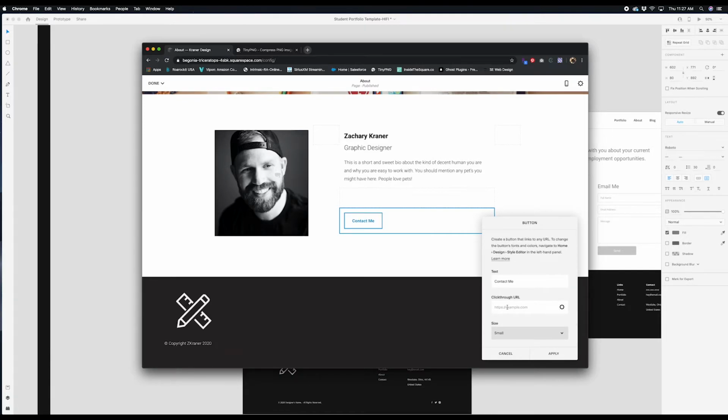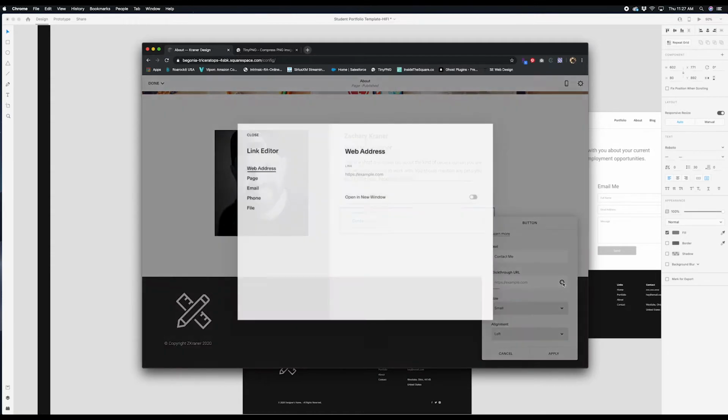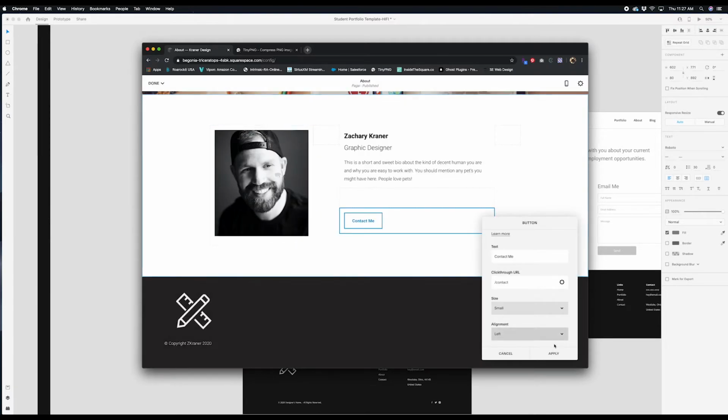And this is where you want it to actually do something. So the click through URL. So I click the gear, and you can do a web address, page, email, phone, file. We're going to do page. I'm going to search for the contact page. You don't want it to open a new window because it's still your own website. If it goes somewhere else, you want it to open a new window. And click save, apply,